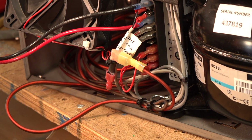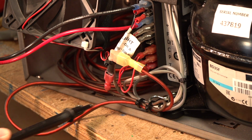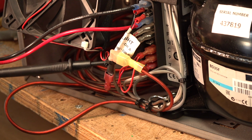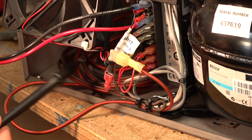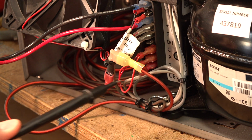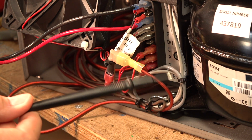I put it all back together, and let me quickly explain what I did. This cable here is the one that connects to either side of the resistor, which is this black one here. And the other side of the cable will connect to the switch that I installed in the cabinet. And if the switch is open, then, well, the resistor is in the path and the compressor will run at